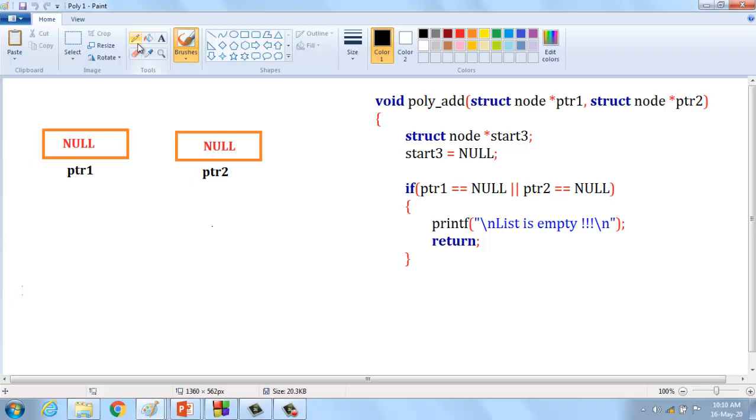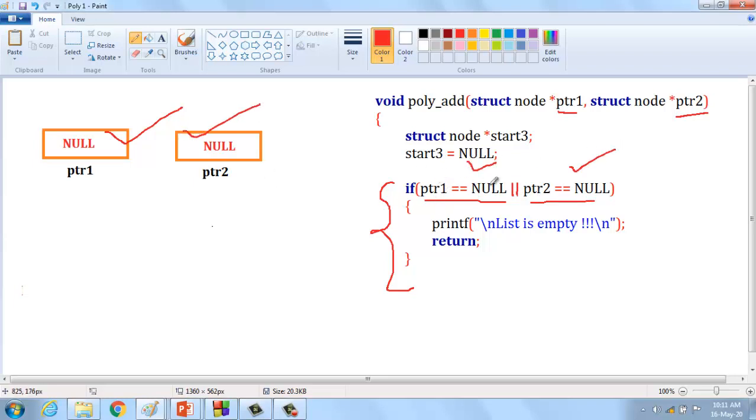Okay, the first condition checks the two polynomials we enter, polynomial p1 and polynomial p2. If ptr1 equal to null or ptr2 equal to null, that is, if either one is null, we cannot add the two polynomials.